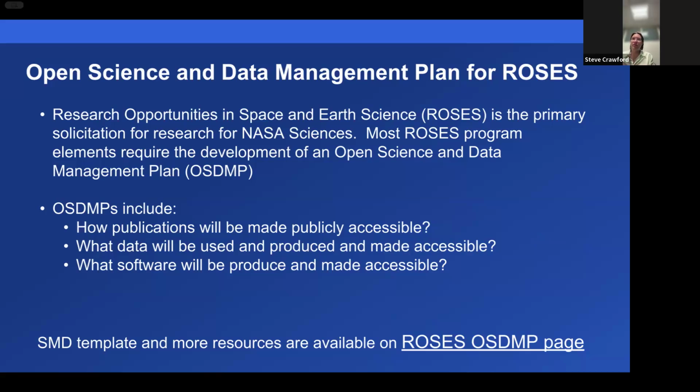They're typically about 2 pages. There's no requirement to fill in the full 2 pages, but that's available there for you to complete writing up the information that you need. But the OSDMP basically includes how publications will be made publicly accessible, what data will be used and produced and made accessible, and what software will be produced and made accessible. So basically explaining what your plan is for how you're making available the scientific information that you're producing as part of your